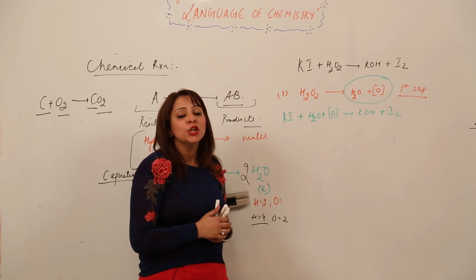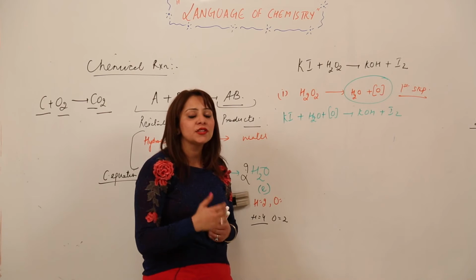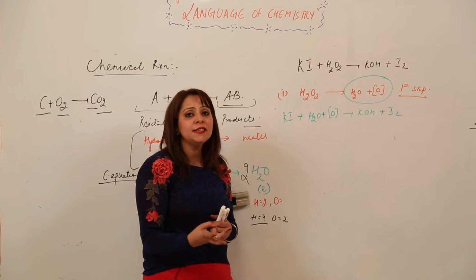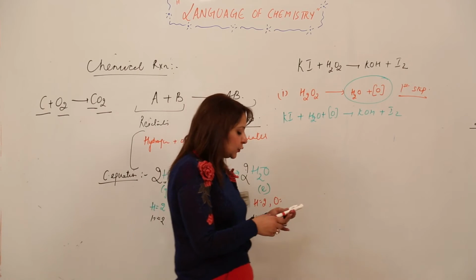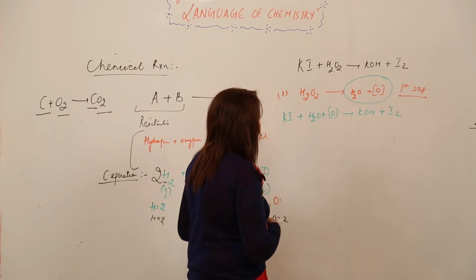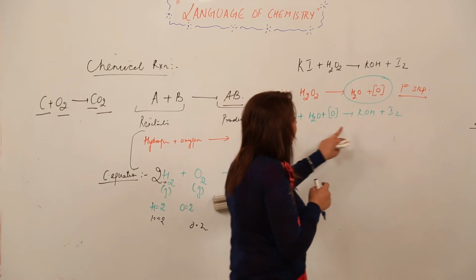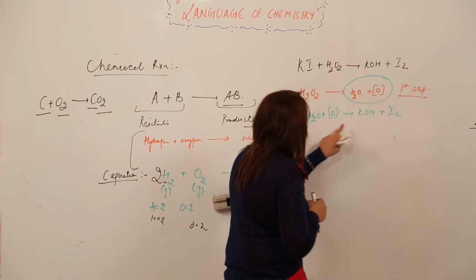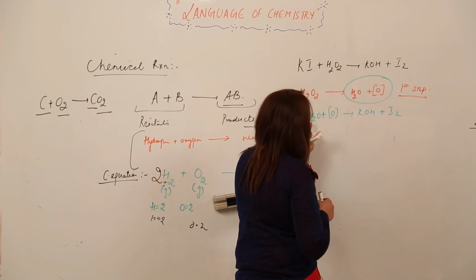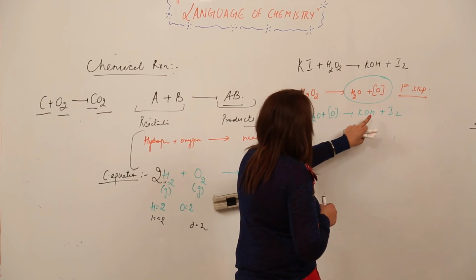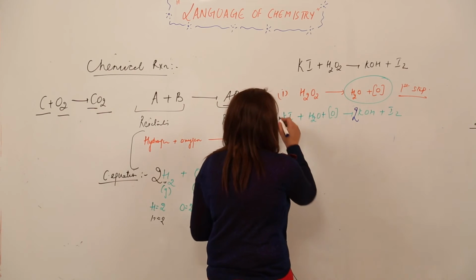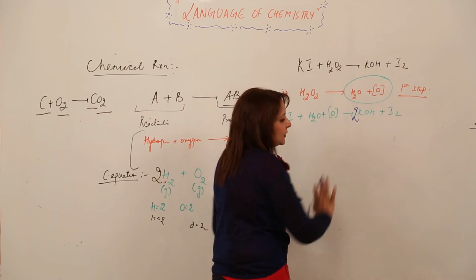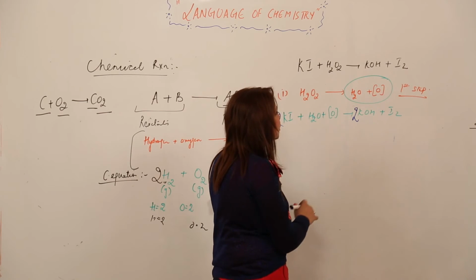Now after making this partial equation, the question comes: what to do now? The third step is to do the balancing wherever it is required. So I am balancing this reaction. See, here is 2 KI and here is 1 K, here is also 1 K, and here is 2 hydrogen but here is 1 hydrogen. So I am making it 2 by writing 2 here. Now the potassium becomes 2, so by the hit and trial method I am balancing this reaction, right. Now this reaction is totally balanced.